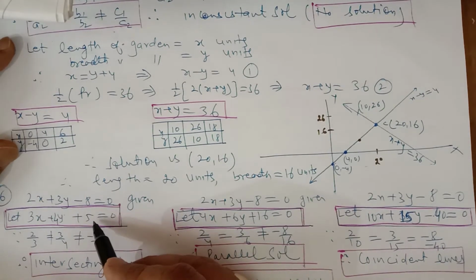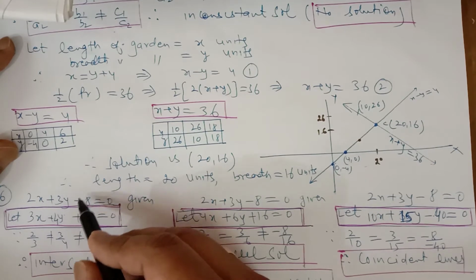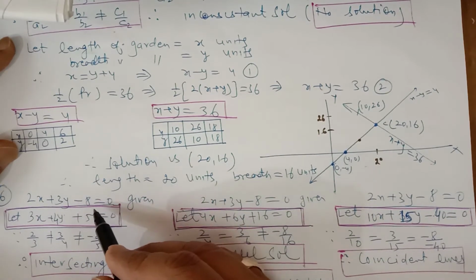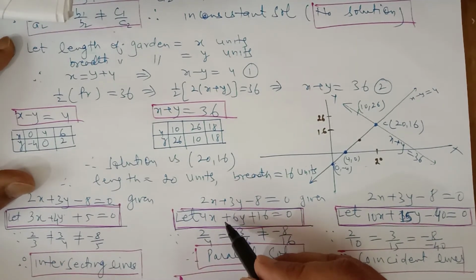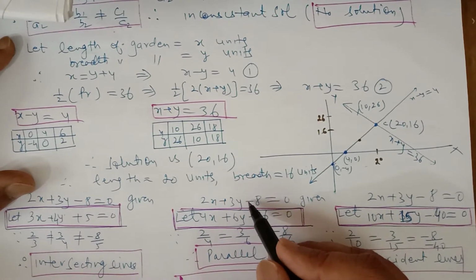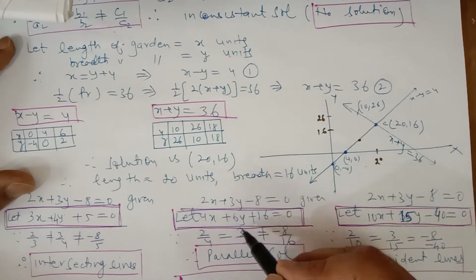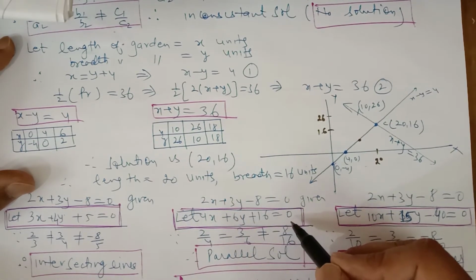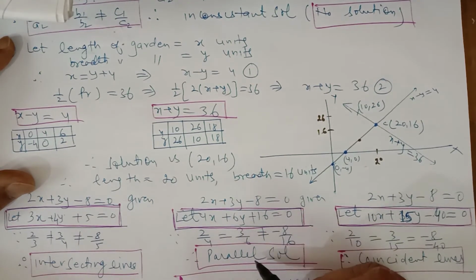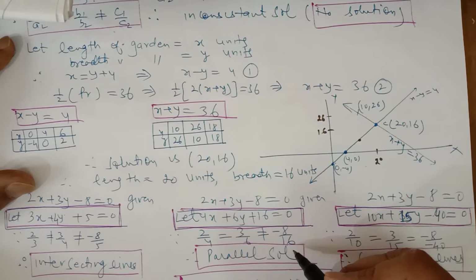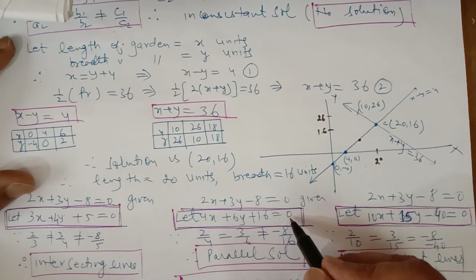So it means this equation and the given equation are straight lines which will not intersect each other. So an intersecting line will be there. And you have to give an example of a line which will be parallel to this. So you take that equation so that a1 upon a2 is equal to b1 upon b2 and is not equal to c1 upon c2. So I've taken 4x plus 6y plus 18 is equal to 0.